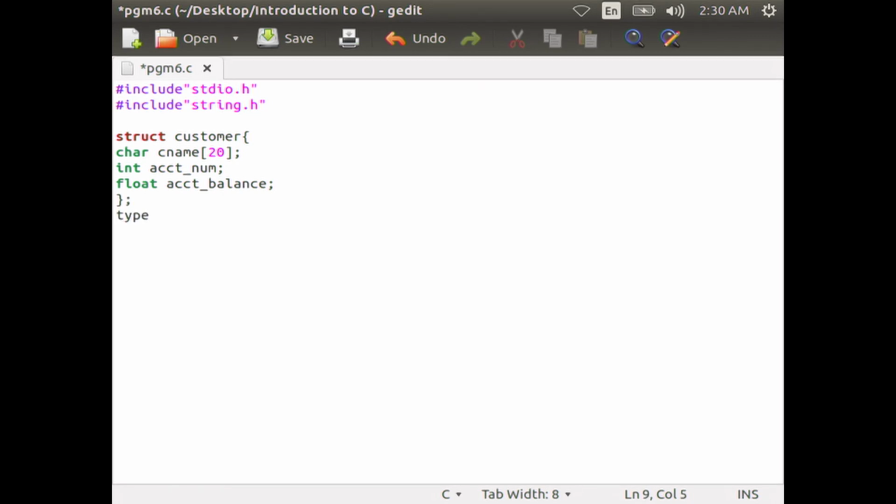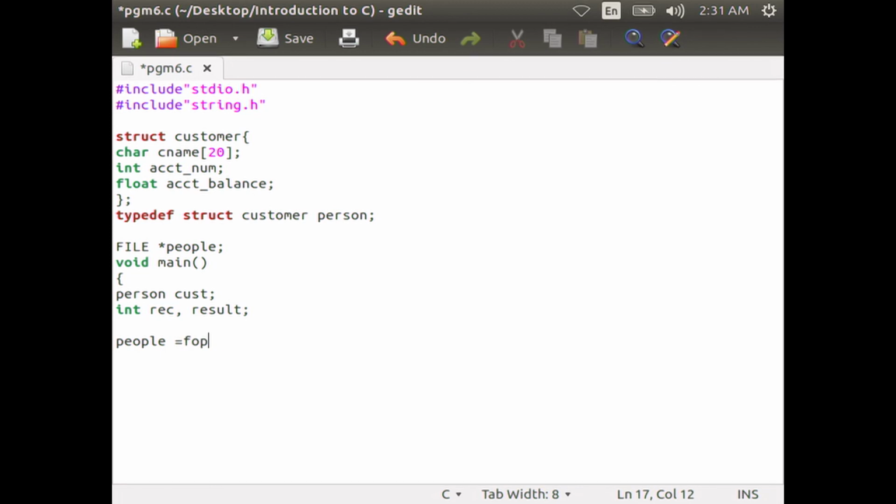Now, typedef struct customer person, then declare the FILE *people, then start the main function, void main, within curly braces: person cust, int rec, result; people equal to fopen("accounts.dat", "r+b").